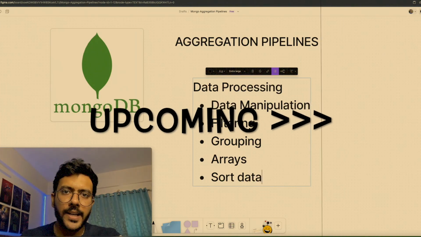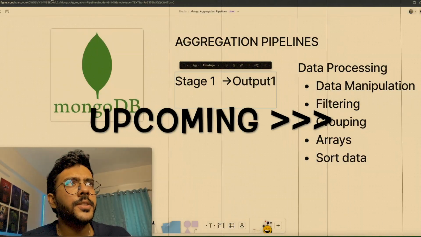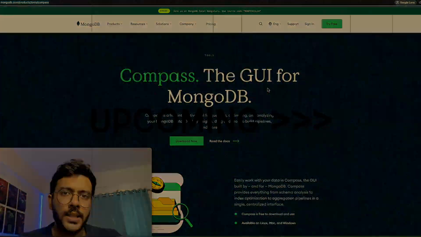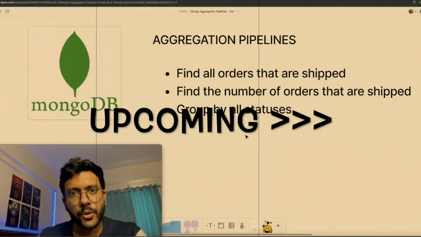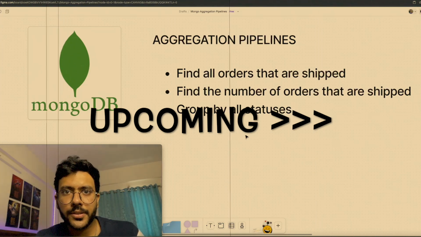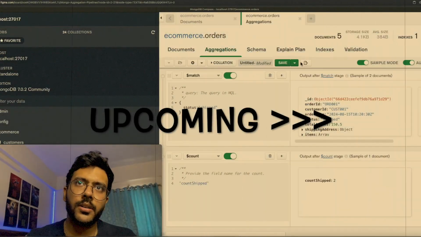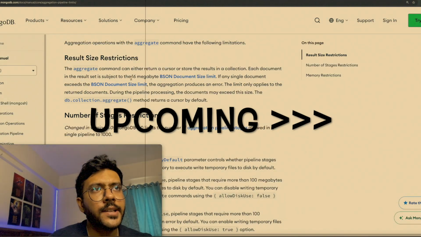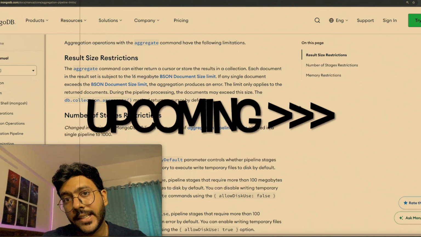So MongoDB provides an in-house solution. I will be using MongoDB Compass. Next, we want to find different groups of status in which orders are present. So for that I can use it, but while writing in code, you actually need to make sure it should not exceed 16 megabytes. If it exceeds 16 megabytes,